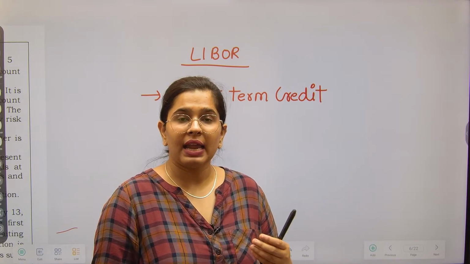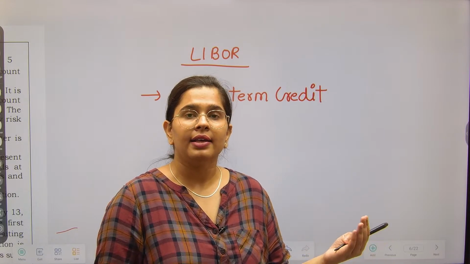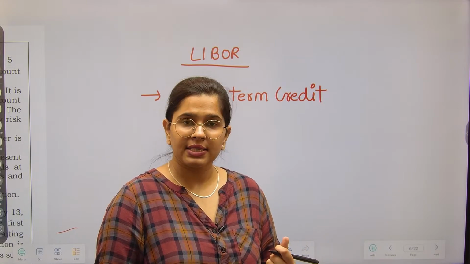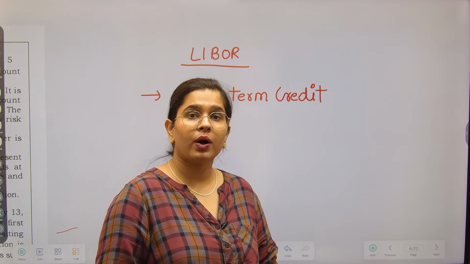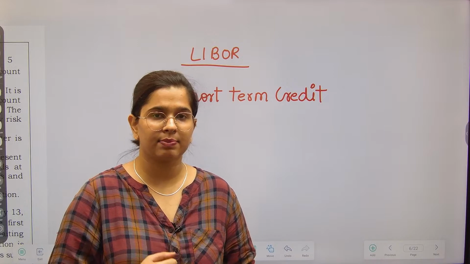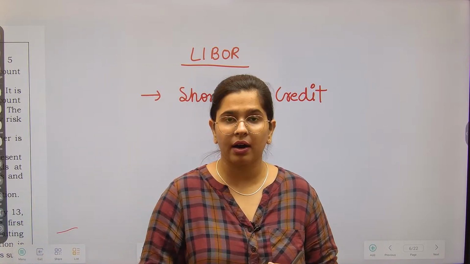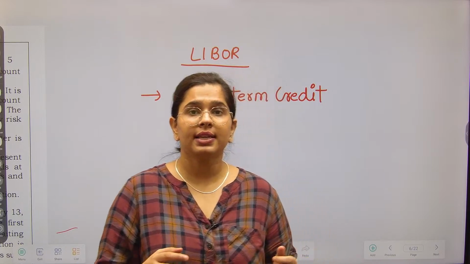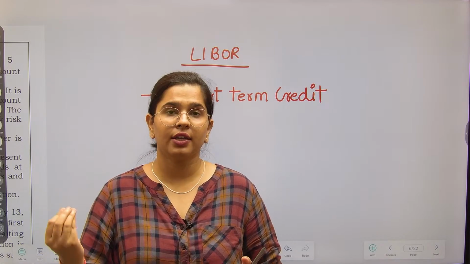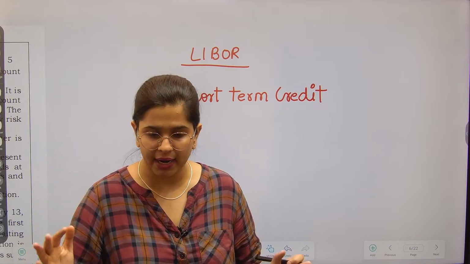See, suppose I have to give a loan to my friend, and my friend is demanding some money for a short term period. Someone asks me at what rate I am going to give it. So I will quote an interest rate, okay, I will be giving this loan at 8%. The same is done with other banks as well. Banks are asked at what interest rate they are going to provide short term loans to the other banks who are demanding it.